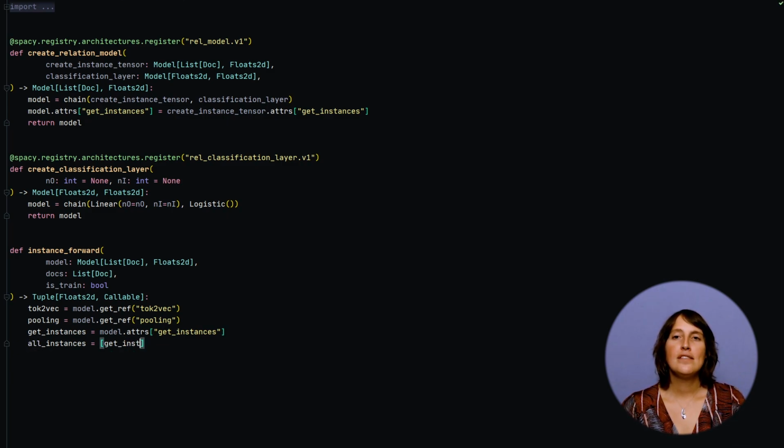We first retrieve all instances in the input documents, and then we apply the tok2vec layer. This call returns not only the relevant token vectors, but also a callback to perform the backpropagation of this specific step. This ensures that our tok2vec layer can be trained and tuned according to our relation extraction challenge. In spaCy 3, you can share such a tok2vec layer or even a transformer between different components, basically supporting multitask learning and allowing your pipeline to run more efficiently by calculating these token vectors only once. Next, we'll build an explicit representation of the entities that will be part of our candidate relations.